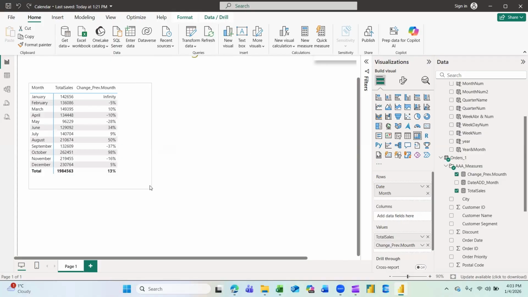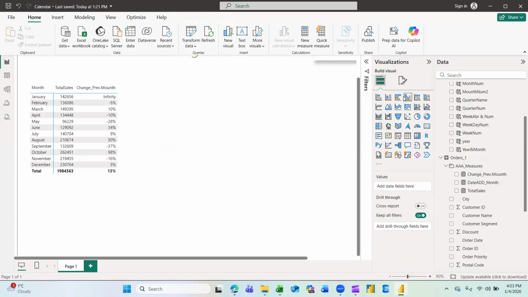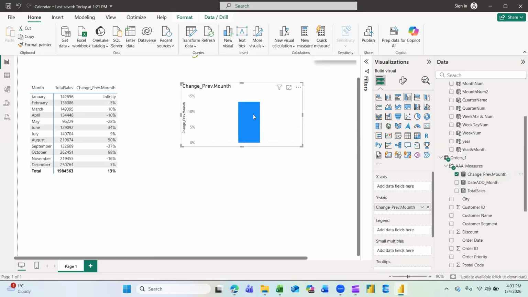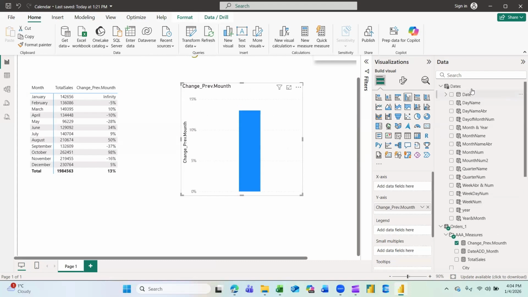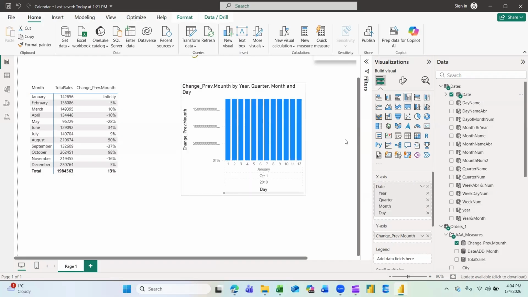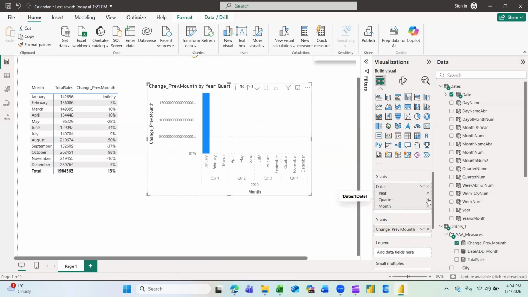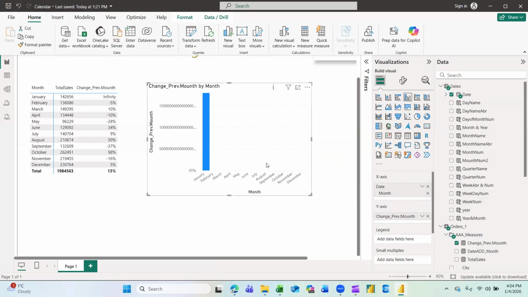Okay. And now let's just try to do again the graph. And maybe we will need to add dates for sure, yes. We'll add months. Yeah, and now we can see the January, which is infinity, so we'll have to exclude it.